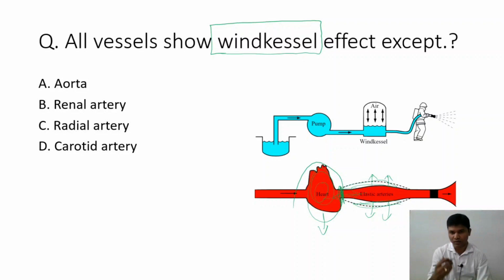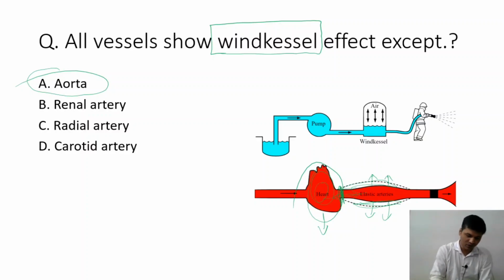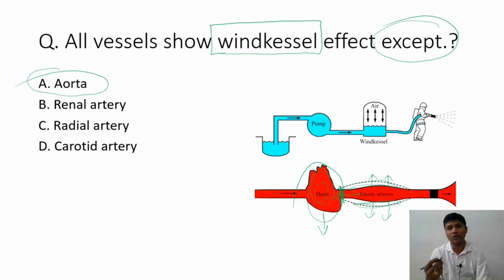The arteries or major arteries that have more and more elastic tissue will give more and more Windkessel effect. So the aorta, being the major vessel, will obviously show the Windkessel effect. We are looking for the exception, the vessel which will not show the Windkessel effect. Aorta will definitely show it because it is a thick, major vessel with more elastic tissue. The renal artery is a direct branch of the abdominal aorta, so this will also show